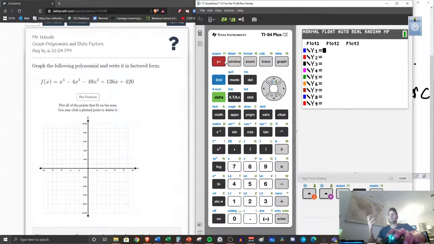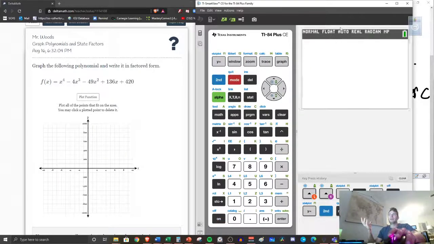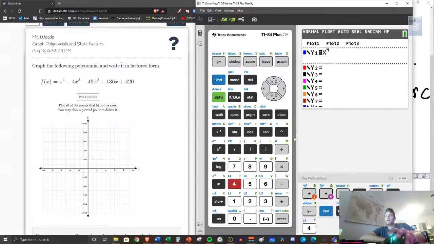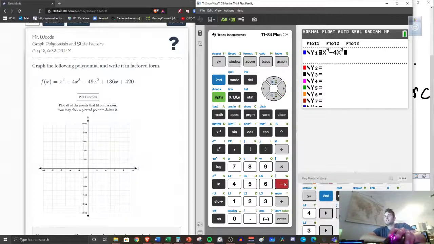On your 80 series calculator, I go to the home screen, hit y equals, and I start typing it in. I'm using this for my X button. Raise it to the fourth, using this little caret symbol, minus 4x to the third, minus 49